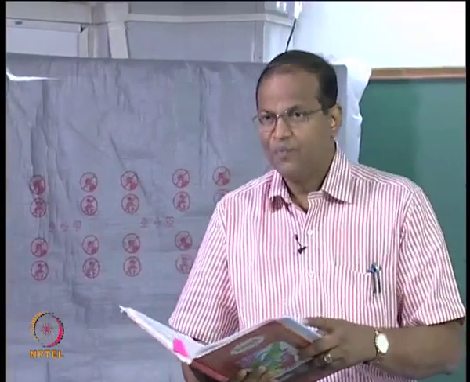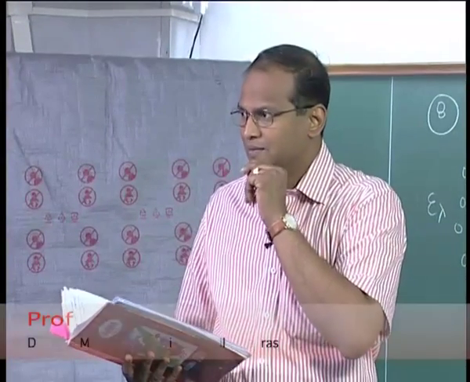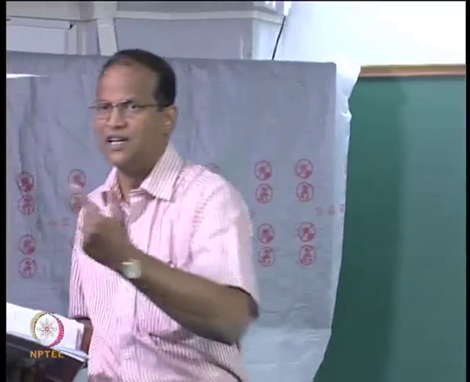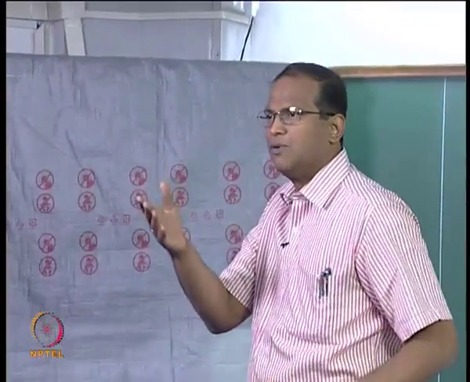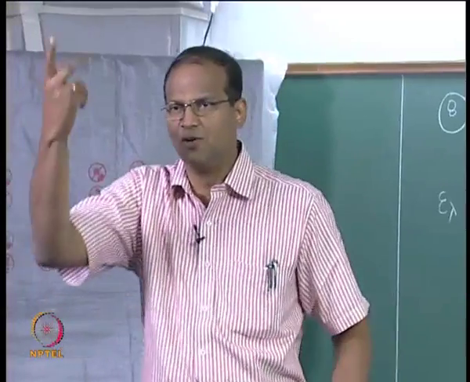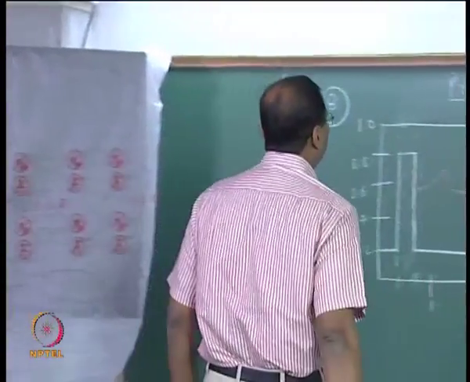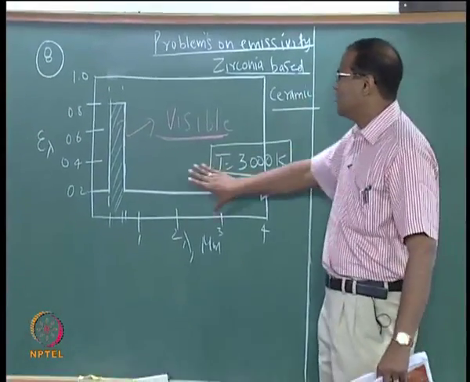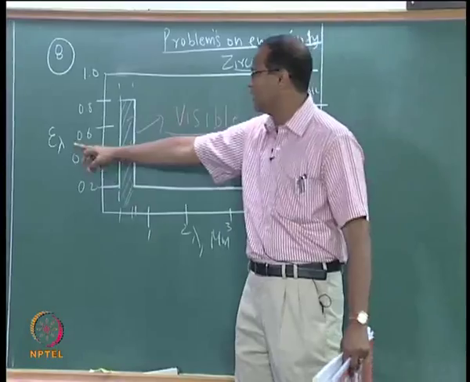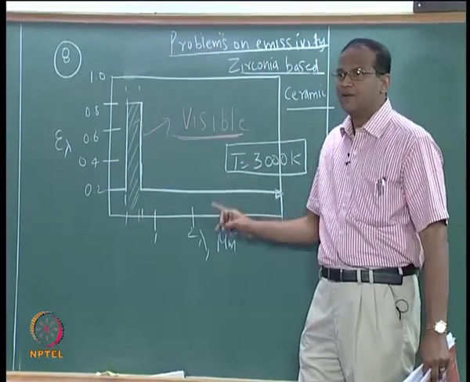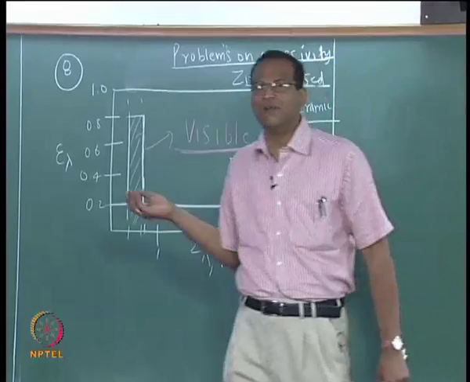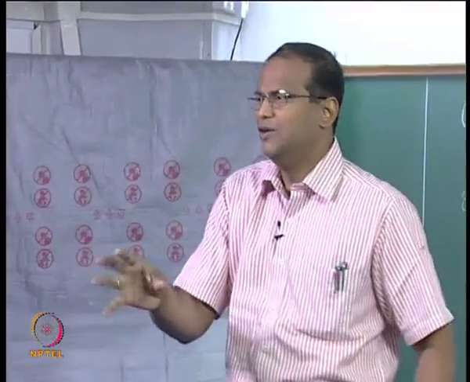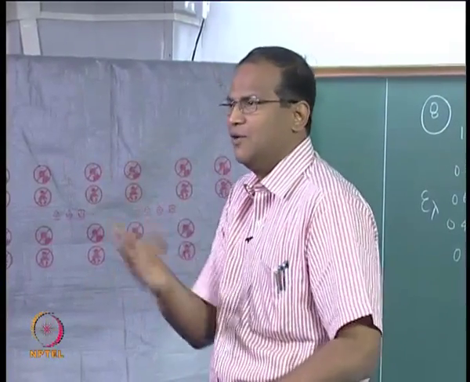Okay. Now same 3000 Kelvin, we will work out the problem for a material which is competing with tungsten. There are other possible alternatives, right? If something is heated to 3000 Kelvin, it will also glow and all that. So let us look at a material like a ceramic material, a zirconia based ceramic. Assuming that experimentally somebody conducted experiments, so epsilon lambda versus lambda. How do we do these experiments, and some basic ideas will be clear from problem number 9, which we will solve after solving this problem 8. You just need a detector and calibrate it, and then you can get emissivity.